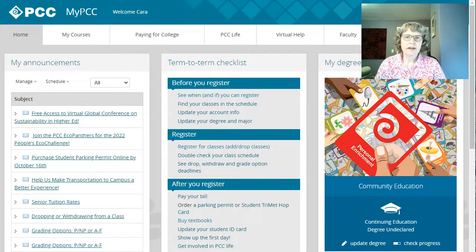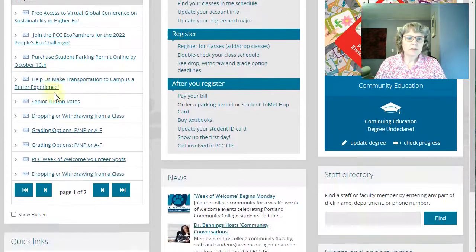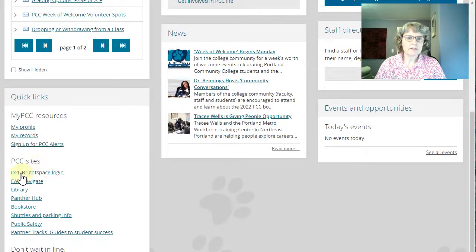So first, in case you haven't gotten into D2L or Brightspace before, I want to show you how to do that. First, there's a computer icon. I've logged into my PCC already. There's a computer icon which is probably right behind my video, so you can click on that. Or you can go down the left, scroll down, and see this D2L Brightspace login. Either way,